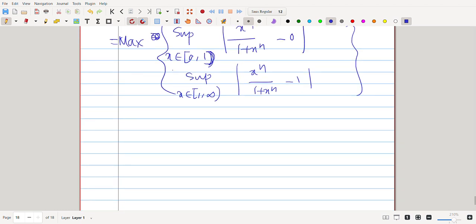Okay, which is same as maximum of supremum of x belongs to 0 1 and this x power n by 1 plus x power n. Okay,